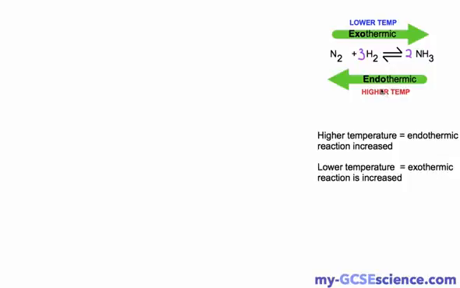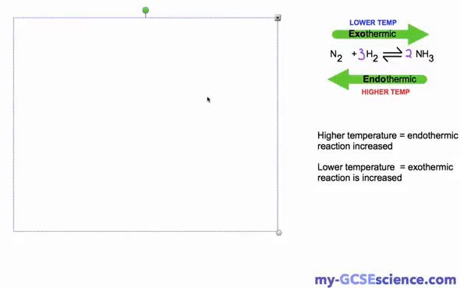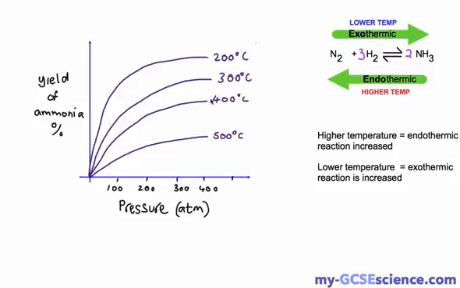But there is a little twist here in terms of thinking, well, if we keep a low temperature, we can have a high yield of ammonia, so we carry out the reaction at a low temperature. You might have to look at a graph that looks like this. We've got pressure along the bottom versus the yield of ammonia along the side, and this is data for different temperatures. So here we said a lower temperature gives you a high yield, and that makes sense